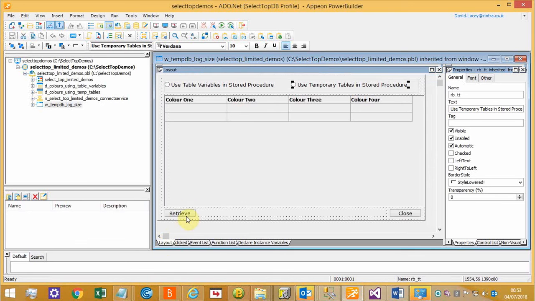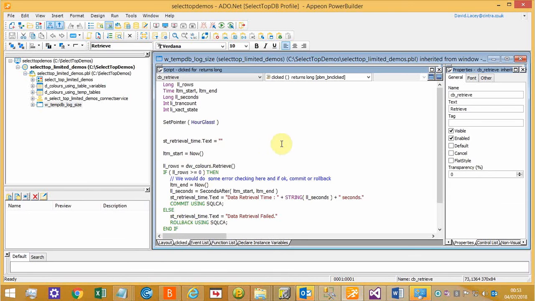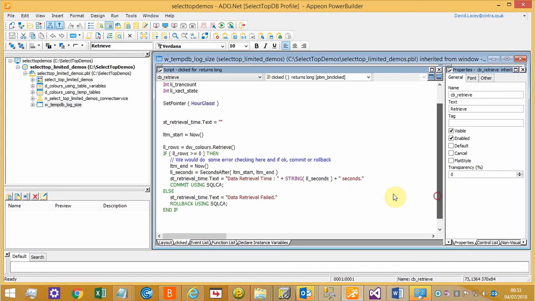And then in the retrieve button, you see we're doing a retrieval on the DataWindow, which, if you've clicked the radio button that uses stored procedures, will be using the stored procedure that uses temporary tables. And because I've added that commit using SQLCA, I no longer have an active transaction left open on Tempdb